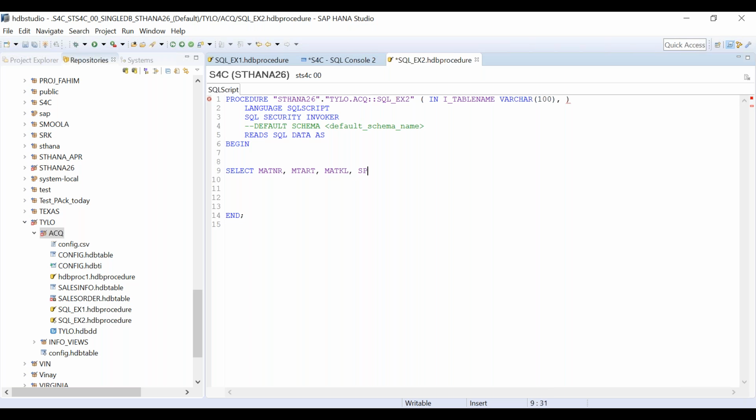These are the 4 columns which I will be using from the table name. Okay, let's do one thing. Let's not take this example because this will actually require dynamic SQL. So let's not take this example. Let's try to have this somewhere else.